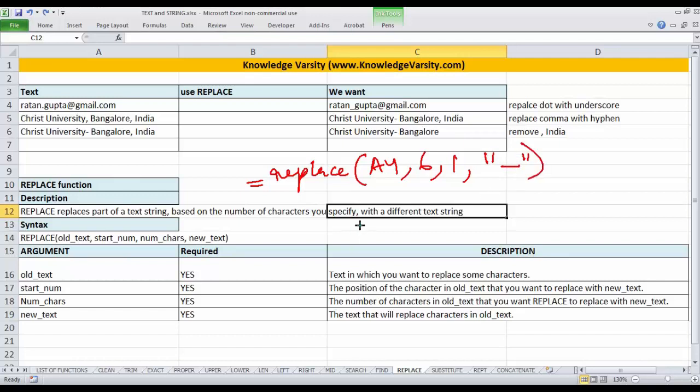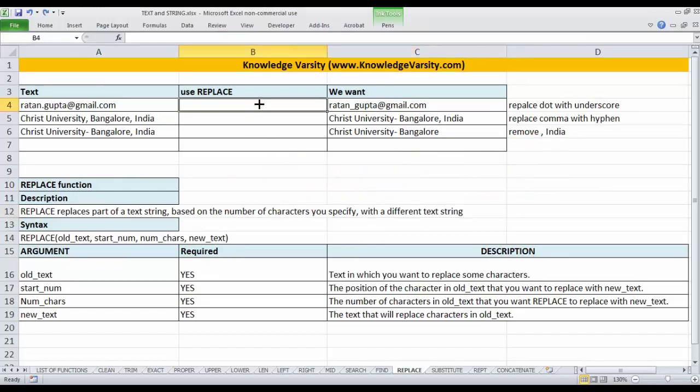So the old text, starting number 6, number of characters 1, and the new text is this. If you see, it has converted ratan.gupta to ratan_gupta.